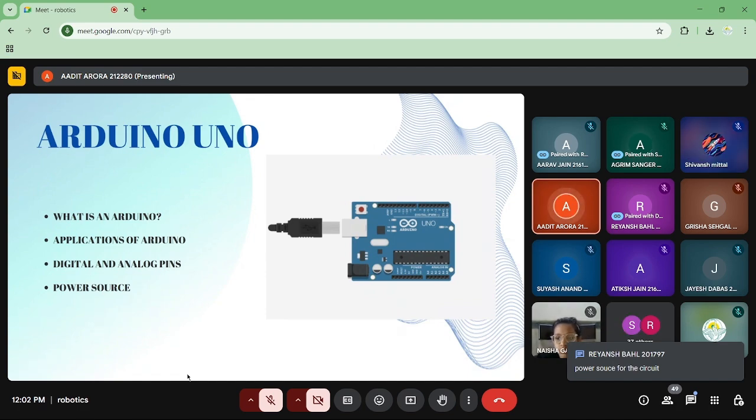So there are mainly three types of power source to the Arduino. There is one with the USB cable that you can see on the top where the silver वाला जो box बना हुआ है ना. So that's used for two things. It is used for coding the Arduino and it can be used for powering the Arduino. It provides 5 volts directly. Then the second way is via a battery, portable power. So you can use a 9-volt battery or a battery pack, and you can plug it into the Arduino via the black box, जो power unit है black color वाला. And then there is the third way,